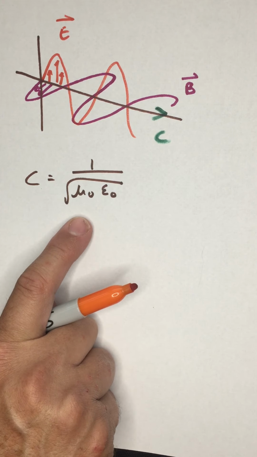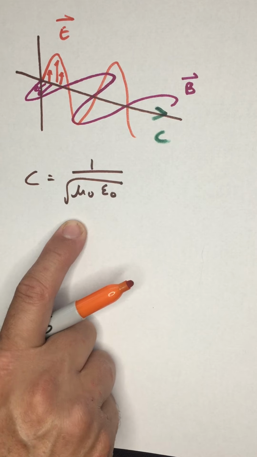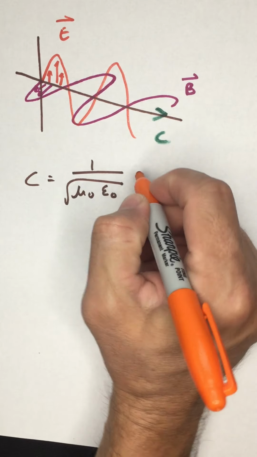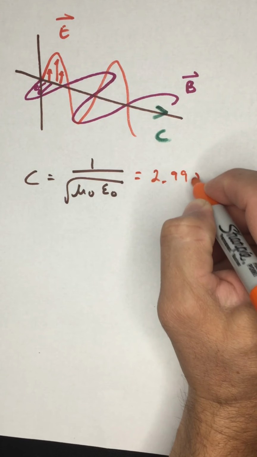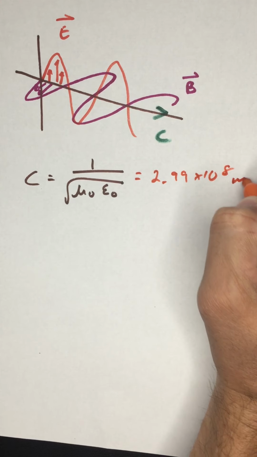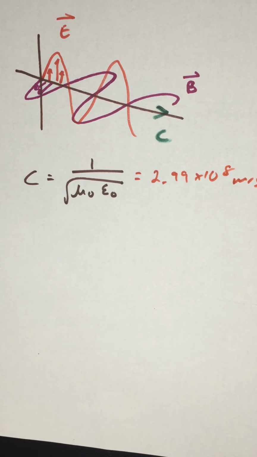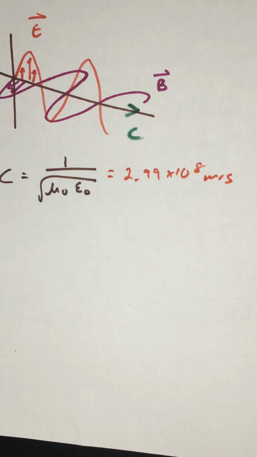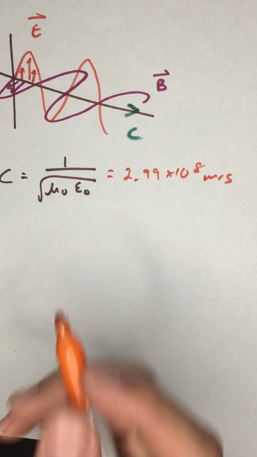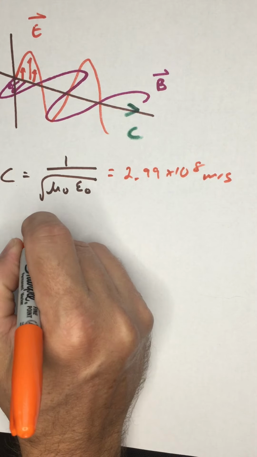The surprise got even grander when this was calculated, because if you run these numbers, what you get is somewhere around 2.99 times 10 to the 8th meters per second, which is a very large number. That's about 3 times 10 to the 8th meters per second. This is, if you don't recognize it, the speed